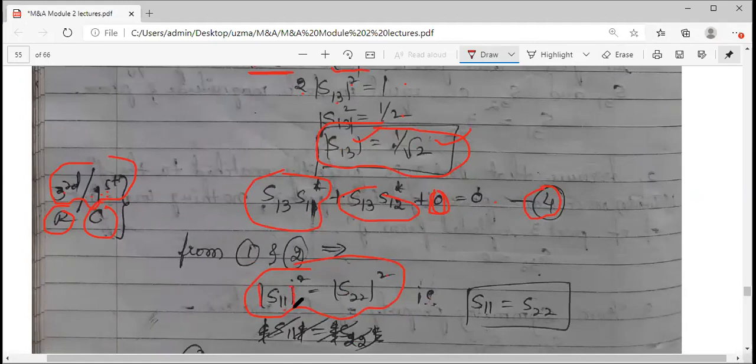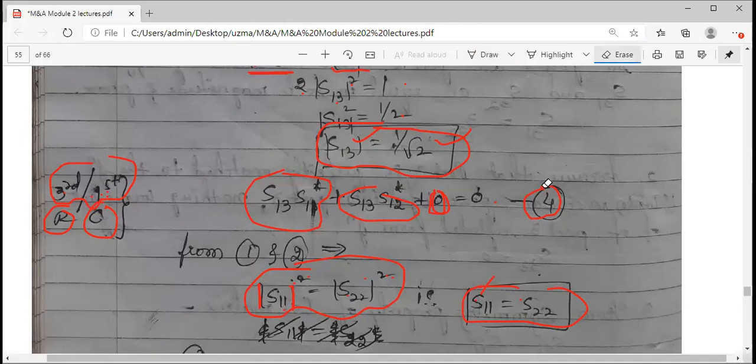Remember, magnitude has to be taken, okay? Because we have the star term. So to avoid that, take the magnitude compulsorily. S11 and S22 are both equal if you remove the squares on both sides. So one more value we got. Further, if I get any one value, that is enough. If you find either S11 or S22, the other value can be directly written. Okay, this is one simplification.